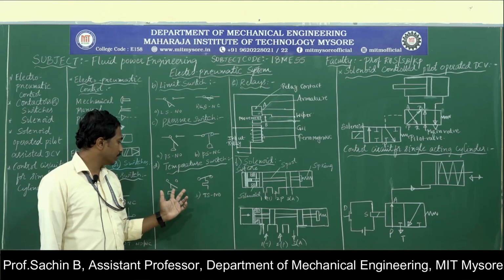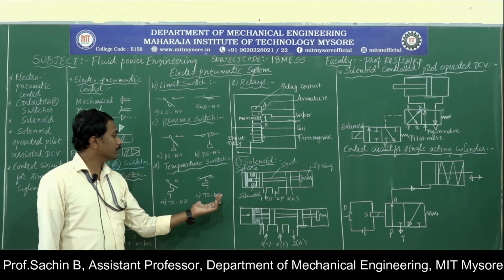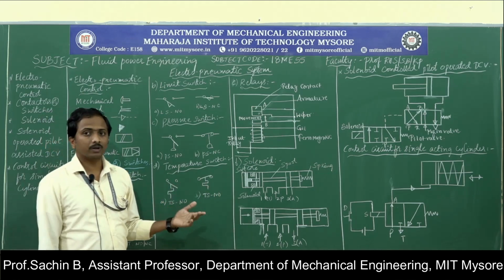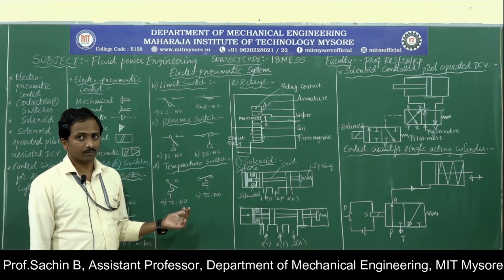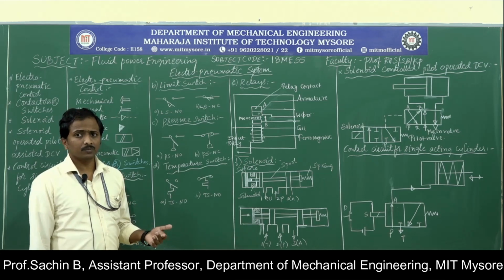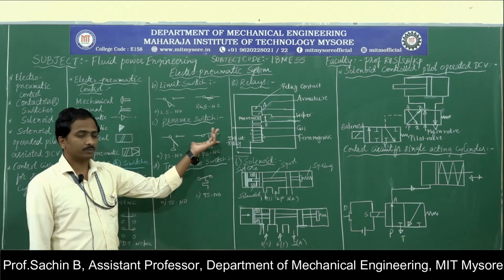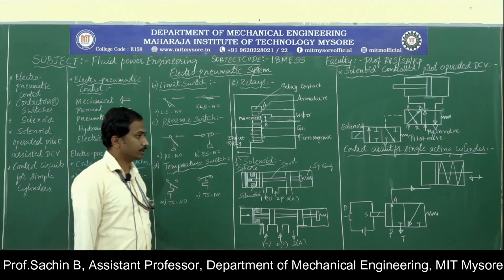If the symbol is like that, it is a normally open type of temperature switch. If the symbol is like this, it is a normally closed type of temperature switch. Different switches are used based on the pressure or temperature acting inside any type of system. During continuous functioning of hydraulic fluid or compressed air inside the power systems, there is a lot of variation in temperature and pressure. During that time, these kinds of switches play a major role by cutting off the power supply and switching on the power supply. That is about the temperature and pressure switch.